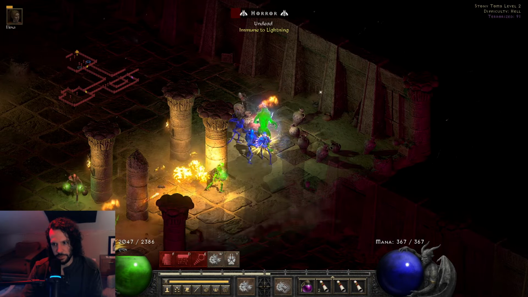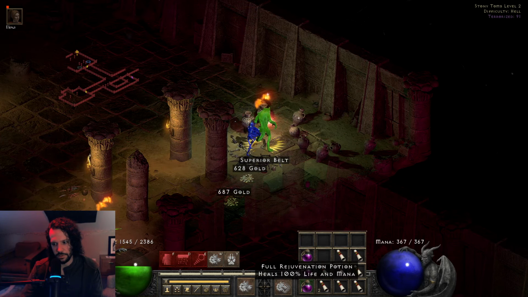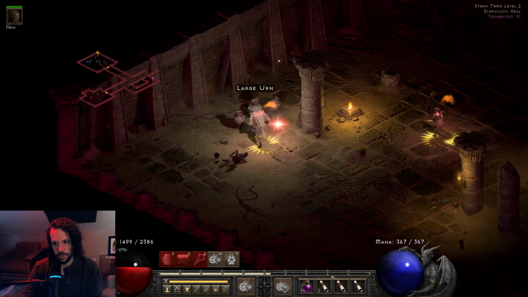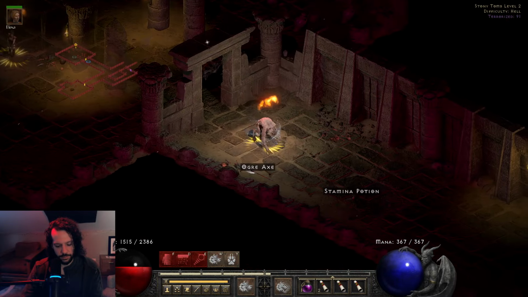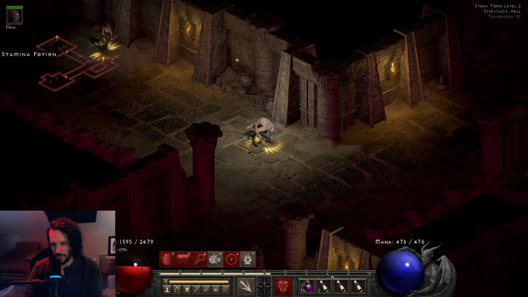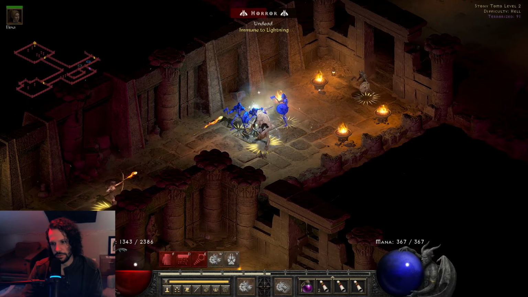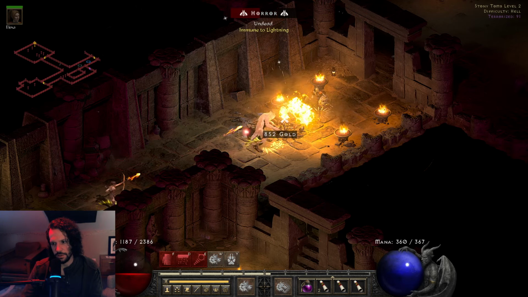Look at these guys hitting me, and they just killed themselves. They're killing themselves. Thank you. Boom. See all that? They just killed themselves on my Shiver Armor. Seems like the Shiver Armor should still be a little stronger. Let's see. Yeah, I have it at level 37. Seems like it should be a little bit stronger. But I guess the negative enemy cold res is pretty good on that. So if I just stand here,